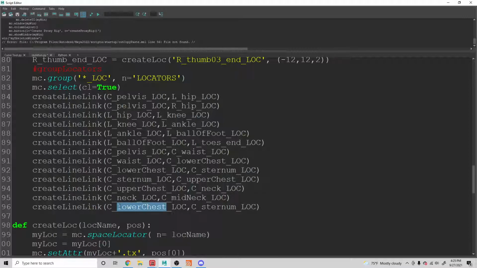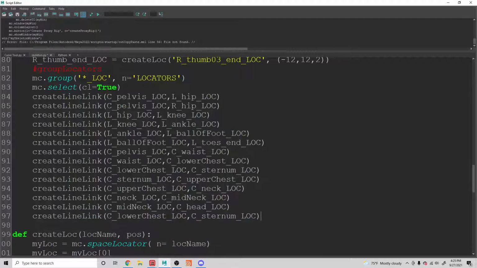Then from mid-neck to head. And then from head to head, top, neck, or